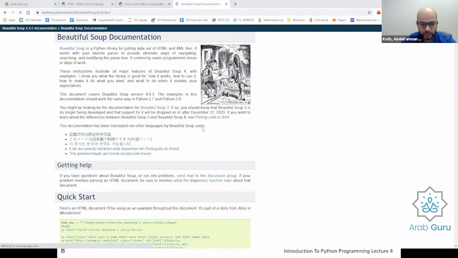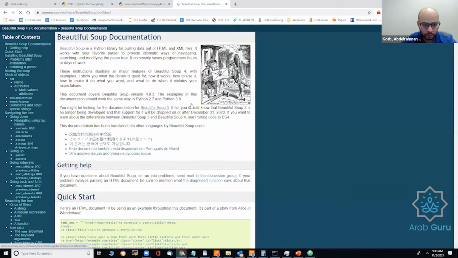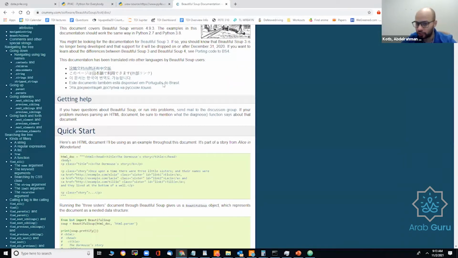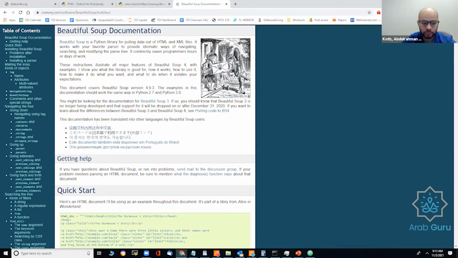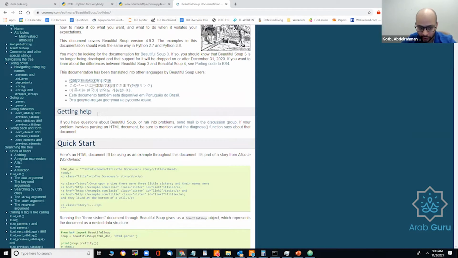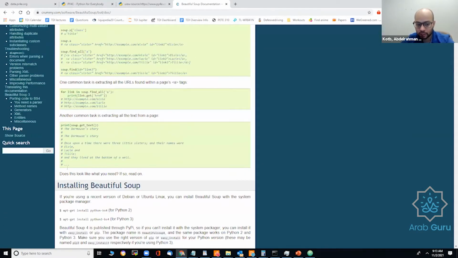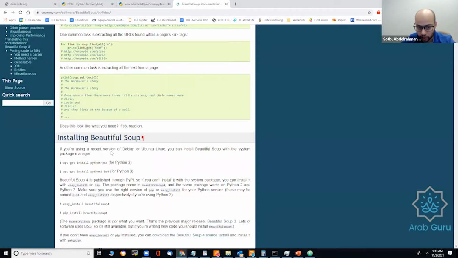So this is the website for the Beautiful Soup documentation. If you are interested in knowing how Beautiful Soup was developed, why it was developed, and all of the functions within it, it also gives you instructions on how to install Beautiful Soup.